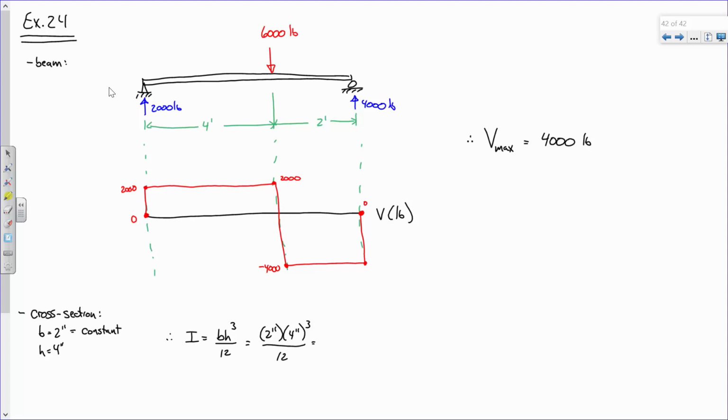Say it again. 10.6, like 10.67 inches to the fourth, right? So far, so good? Okay. Now,